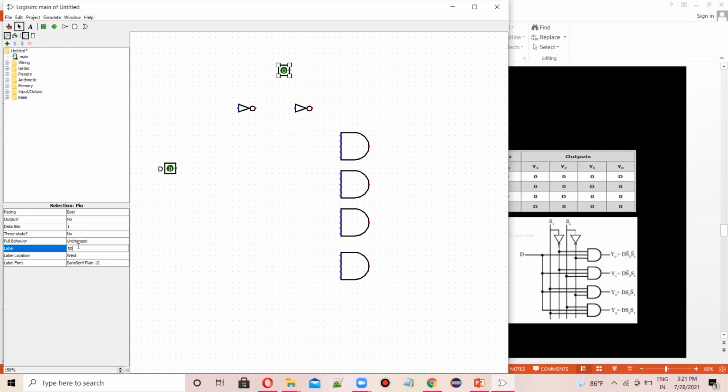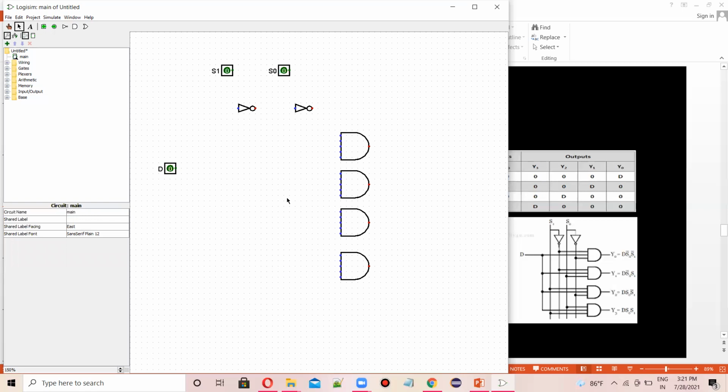Let's name it S0. They are the selectors here. And let's name this one S1.